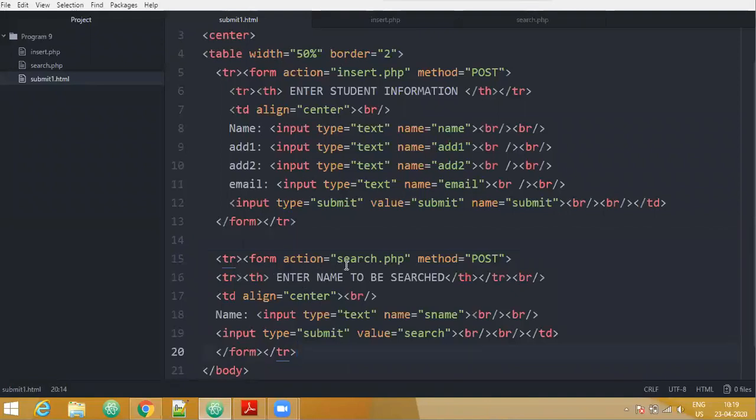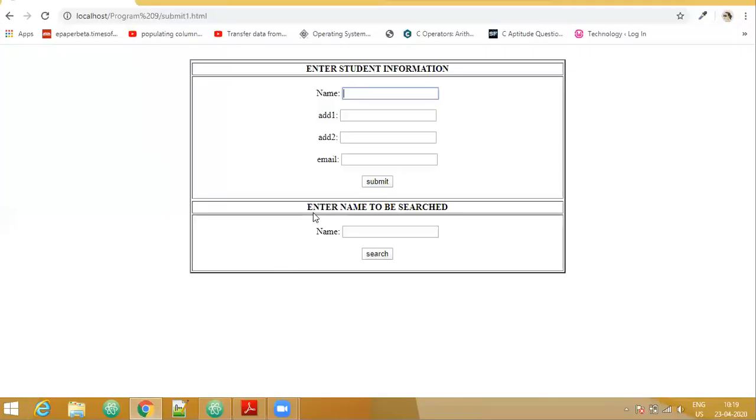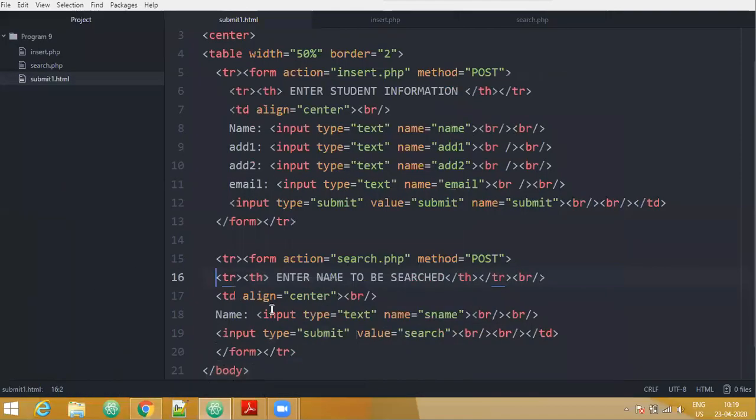To perform the search operation, we have another page, search.php, in which the queries for the search operation are written. The method here is also post. Here again we have created a row and inside the row we have given the heading, enter the name to be searched. Then we have aligned everything inside this to be center.